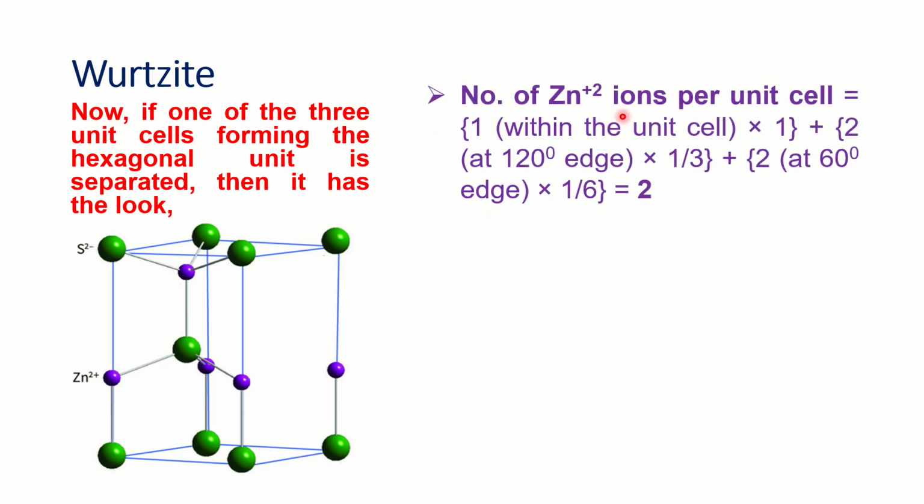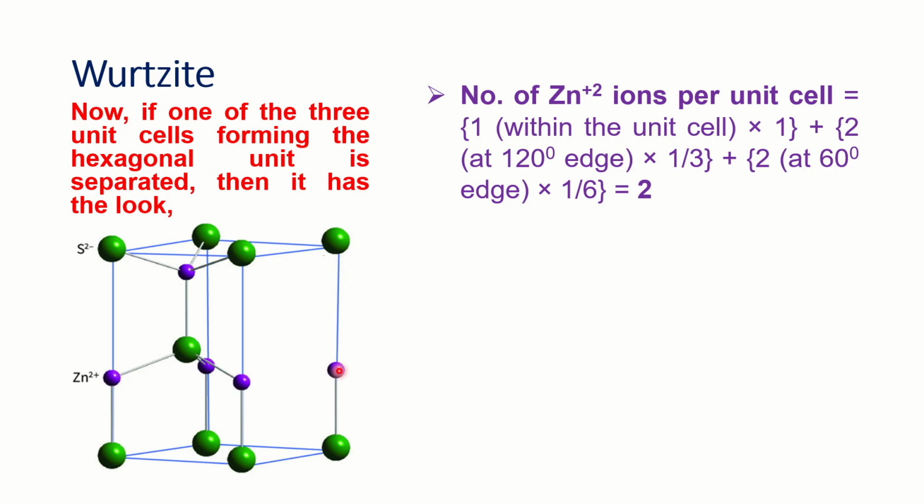like this: number of zinc cations per unit cell. We have to calculate this. One is within the body, this violet one. You can see here 5 zinc ions, 5 violet spots. So this one, 2, 3, 4, and 5. Out of this, one is inside. Now, where are these situated? There are 4 more zinc ions, out of which this one is 60-degree edge. This one is 60-degree edge. Whereas this one is 120-degree edge, and this one is also 120-degree edge. So in the 120-degree edge, there are 2 zinc cations, and in the 60-degree edge, there are also 2